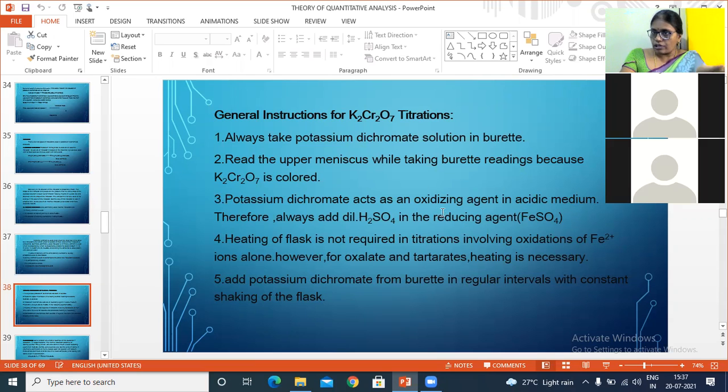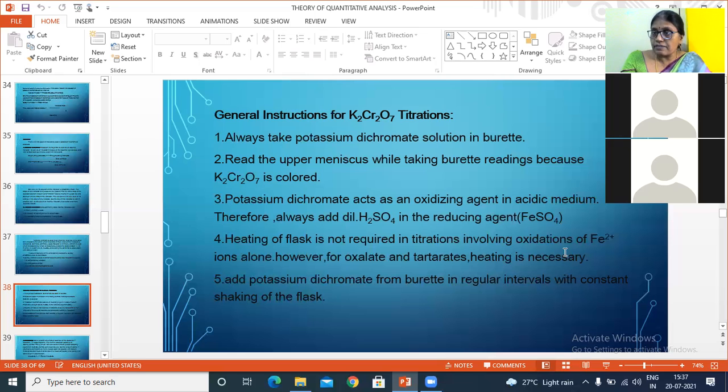Heating of the flask is not required in titrations involving oxidation of ferrous 2+ ions alone. However, for oxalates and tartrates, heating is necessary. So at ordinary room temperature itself, we can directly estimate the ferrous ion using dichrometry. Instead of ferrous, if you want to find it for oxalates or tartrates, then we have to heat the